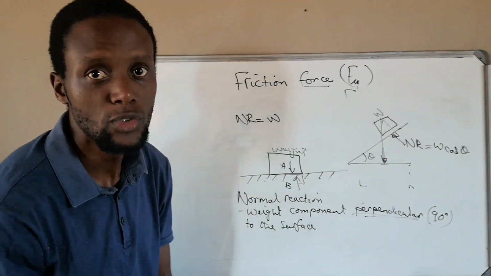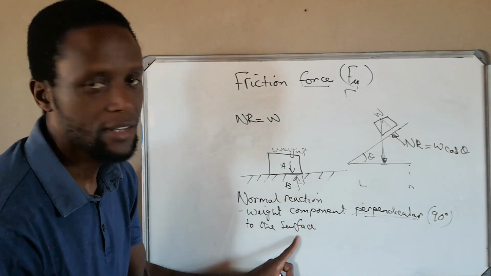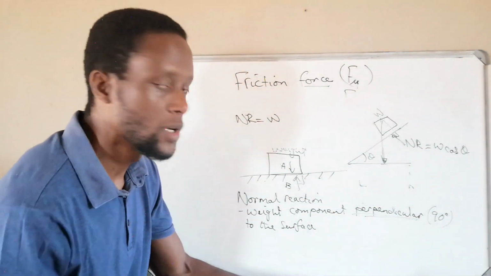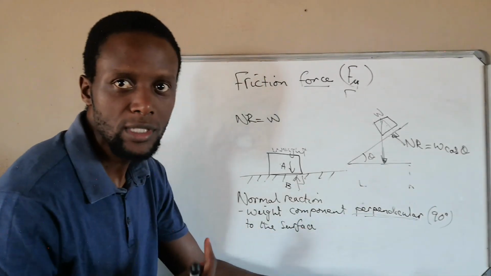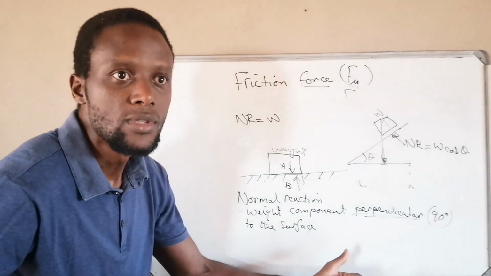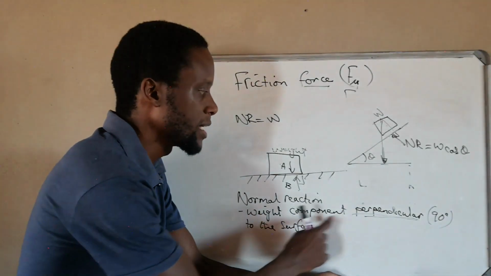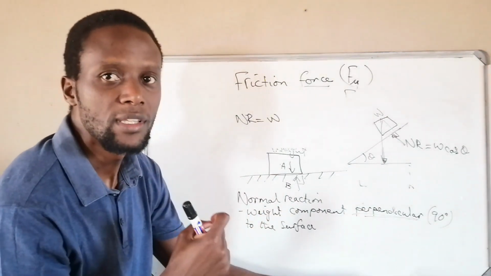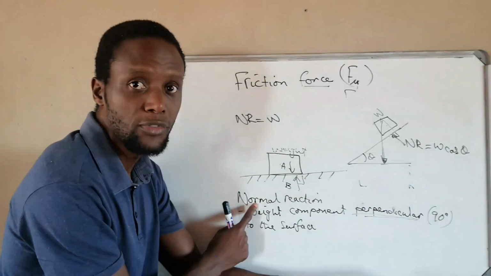So normal reaction should always be 90 degrees, perpendicular to the surface. And in most questions that we will come across, they will ask us to calculate the perpendicular component. They will not straight away ask you to calculate the normal reaction, but they will use a term like this, the weight component perpendicular. Every time we hear the weight perpendicular to the surface,